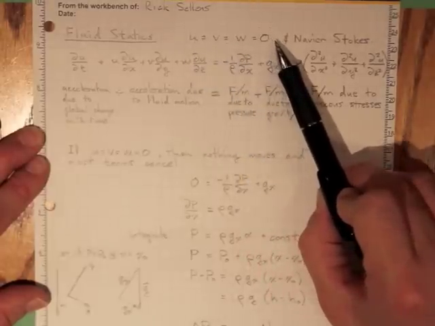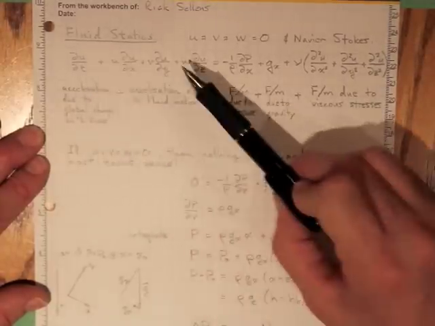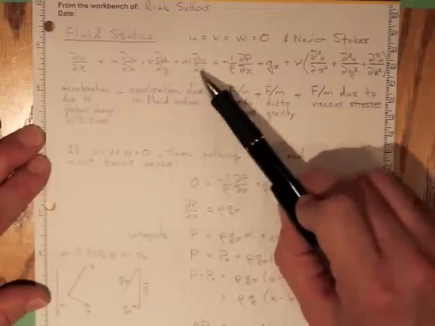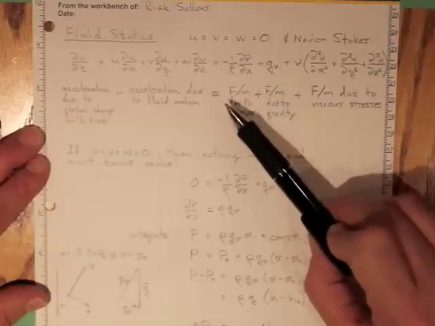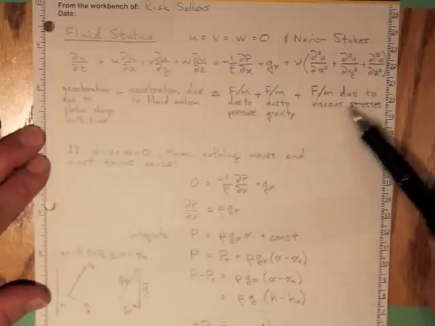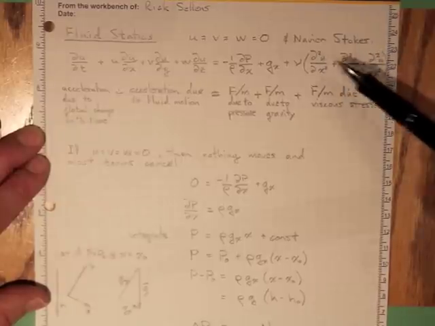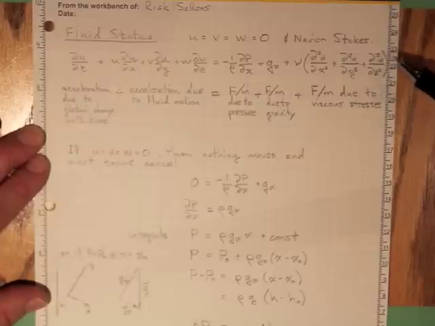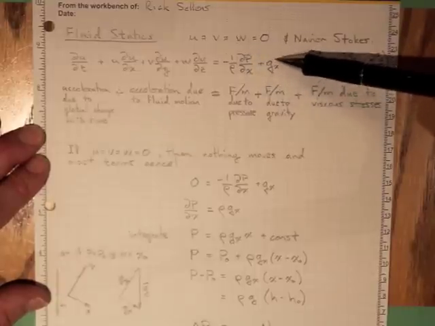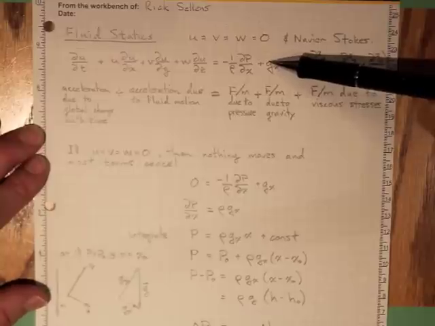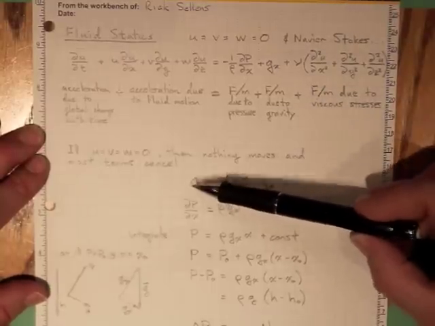v, and w are all equal to 0, well, acceleration due to global change with time, that's 0. Acceleration due to fluid motion, well, u and v and w are all 0, that's 0. The viscous stresses, u is still 0, that's all 0. The only thing that's interesting is there's a pressure gradient and a force due to gravity, and they're going to balance each other out. So nothing moves, just about everything cancels out, and we're left with 0 on this side